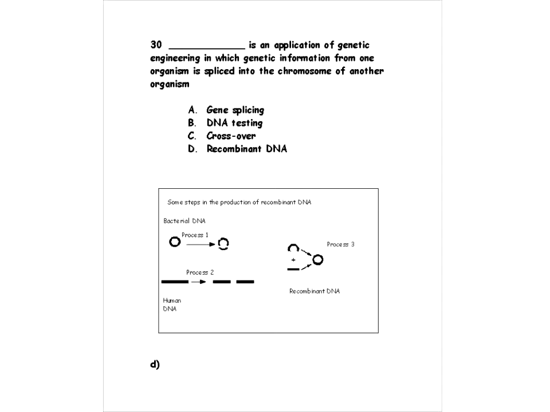This says, blank is an application of genetic engineering in which genetic information from one organism is spliced into the chromosome of another organism. In other words, it's joined together. Well, this one is recombinant DNA, okay, and I'll show you what it looks like. So here's recombinant DNA. It's kind of a cool technology, because what you can do is take some human gene, and if you want to produce that human gene over and over again, like let's say you're trying to fight cancer or something like that, and you find a human gene, well, of course, humans reproduce a lot more slowly than bacteria, right?